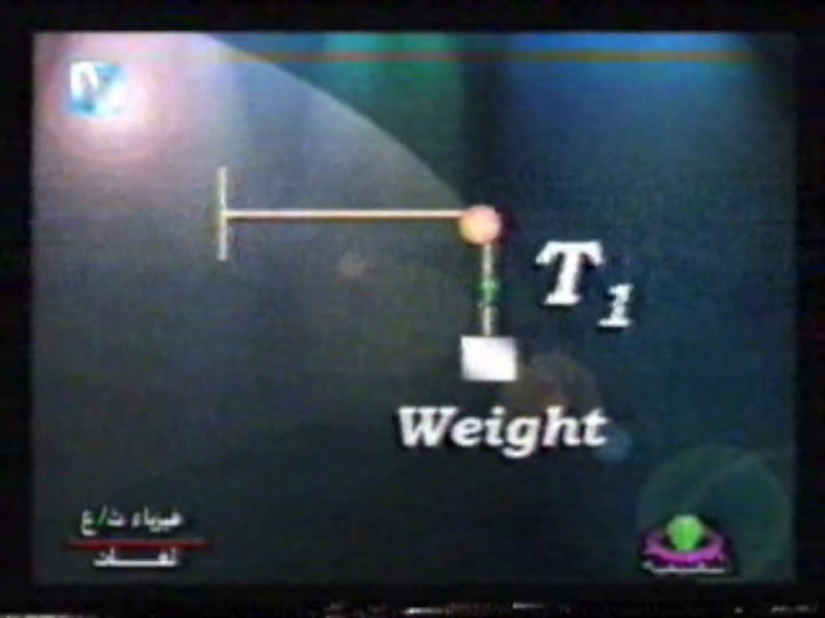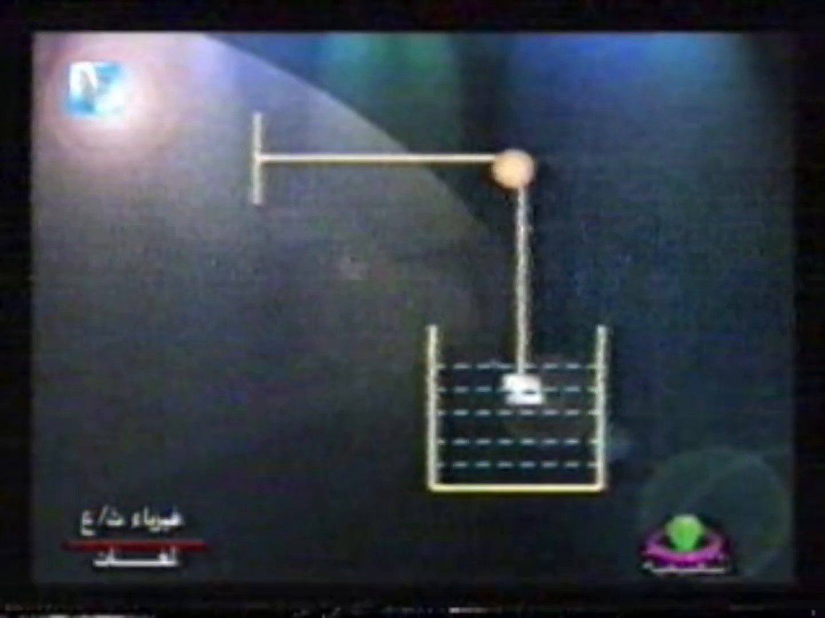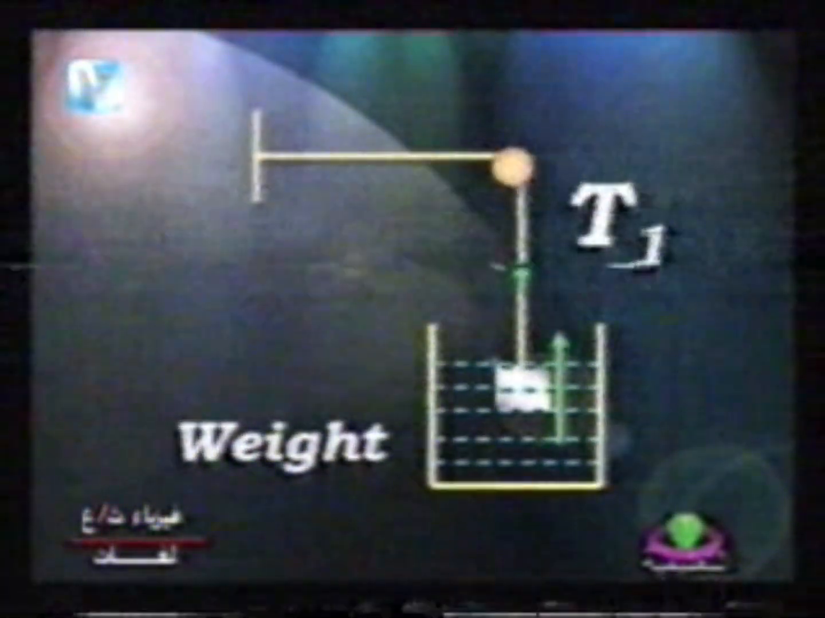What about the second one? To get the rho of the liquid, since T1 in the first case equals the weight of the body, as it is in air, but in the second case when it is immersed in a liquid, T2 equals the weight of the body minus the buoyant force. Therefore, T1 over T2 equals